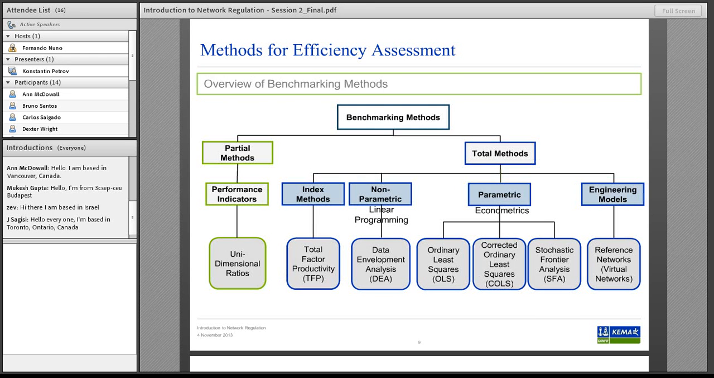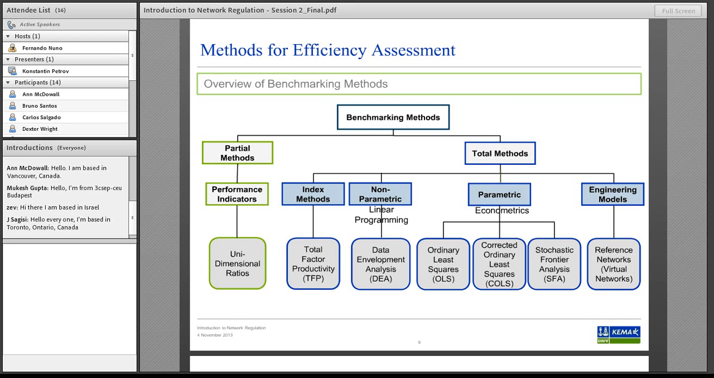Now, in terms of the specification or classification of the models, we can group them into two major groups. One is the so-called partial methods, which I already mentioned, and we established a group called total methods, or total models, which has several components. Starting with the first one, as already mentioned,